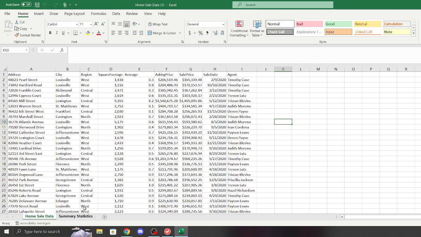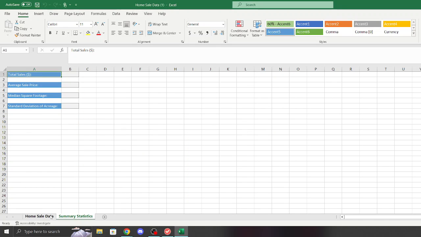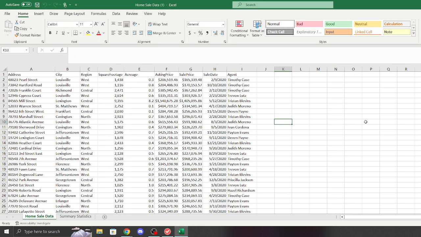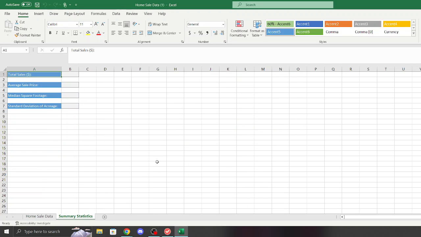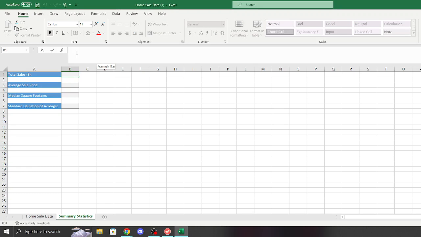Here is the data that I currently have. There's some home sales data as well as the statistics that I'm going to be implementing for you guys to see. So first off, we're going to be taking a look into the summary statistics. We're going to calculate the total sales, average price, median square footage, and standard deviation of acreage. So first, in this total sales, what I'm going to be doing is